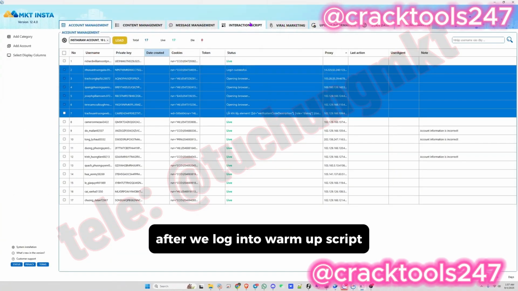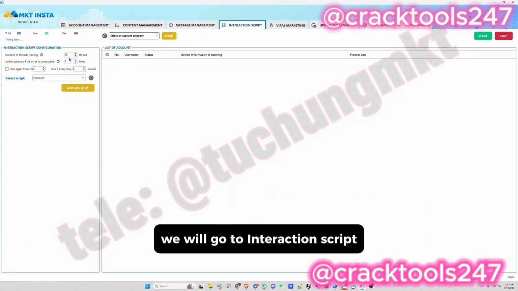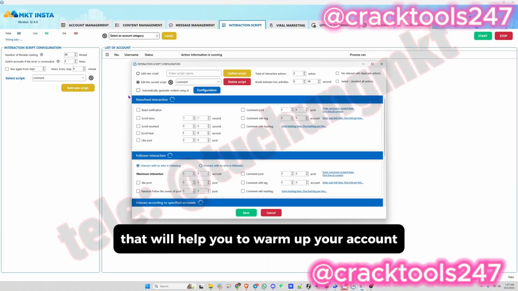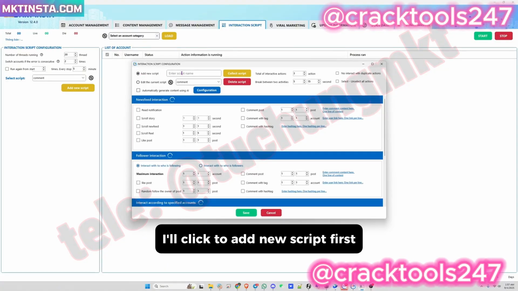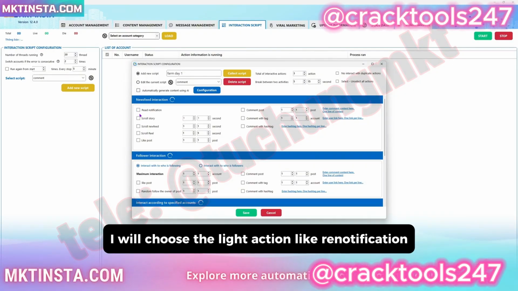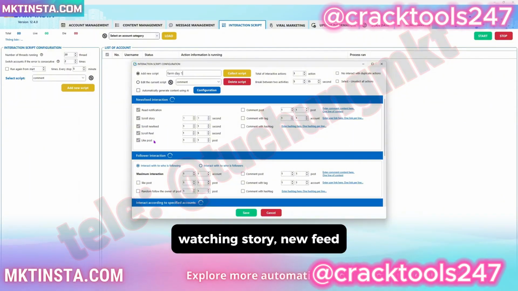After we log in, for the warm-up script we will go to the interaction script. Here we'll help you make an auto script that will help you warm up your account. I'll click to add a new script, and then enter the script name, like this is farm day 1. In day 1, I will choose the light actions, like read notification, watching story, news feed, watching reel, liking post, and